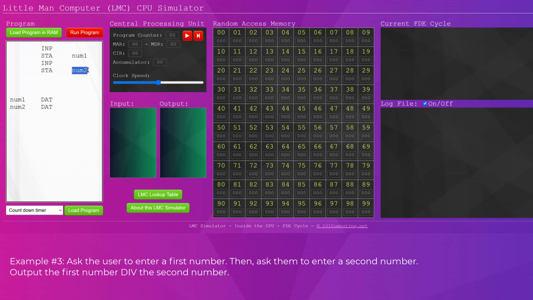Okay, and like I say, the main approach here is to subtract num2 from num1 repeatedly and count how many times that is being done. And once num1 becomes less than 0, that's a sign that we can stop this repetition. So we need to have a count. We need to keep track of how many times we're able to do this. That's going to be our output eventually. And we need to